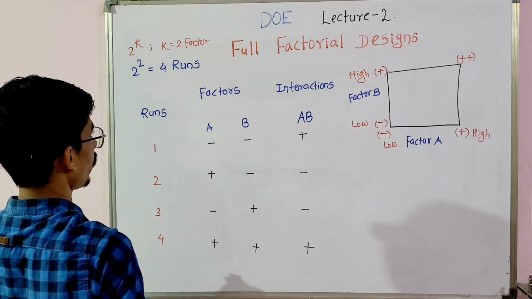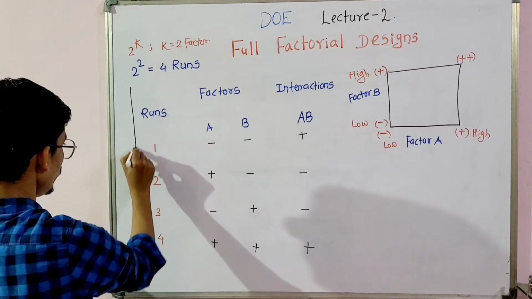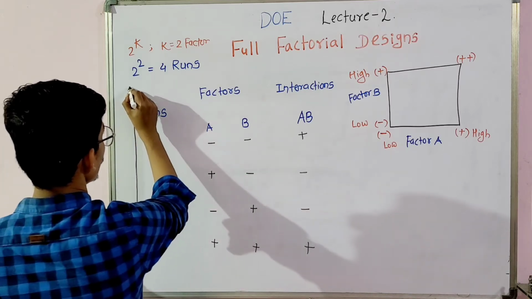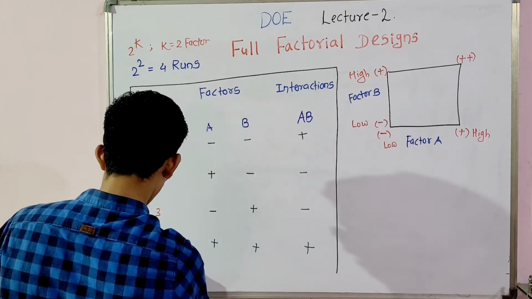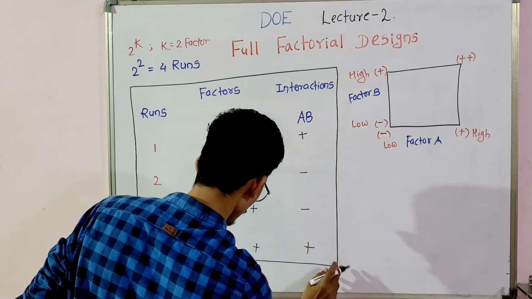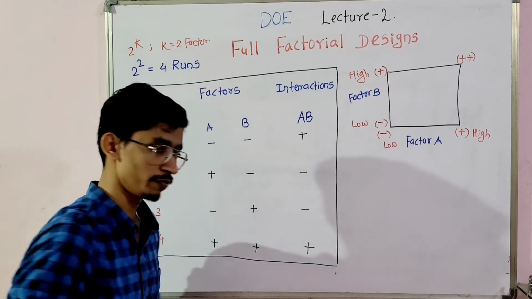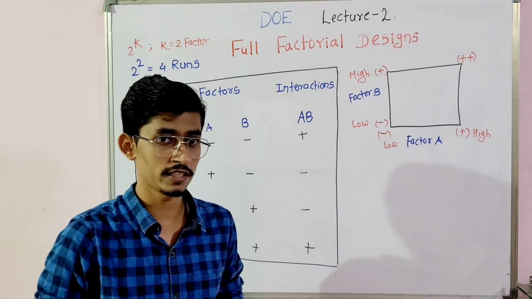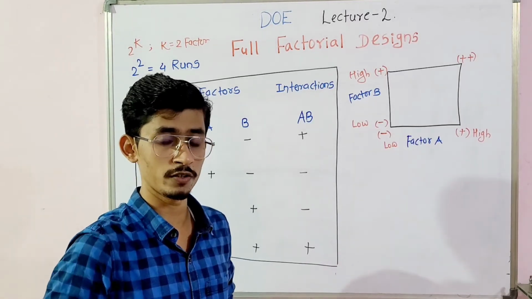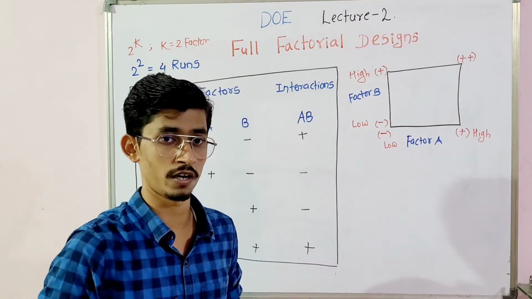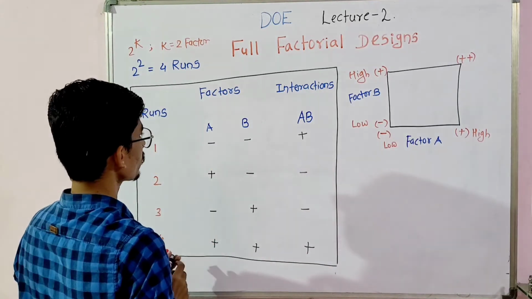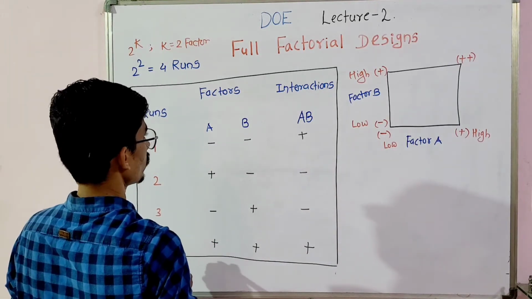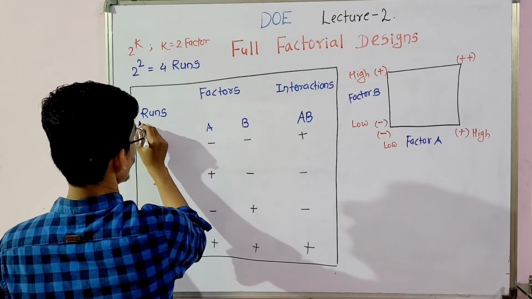So for 2 factors, you need to remember these factors and interaction effects for the problem solving approach. If you do not remember these basic things, you cannot apply them in your projects, in your research theory, or in your problem solving approach. So these are very important things, and you can remember these factors here.